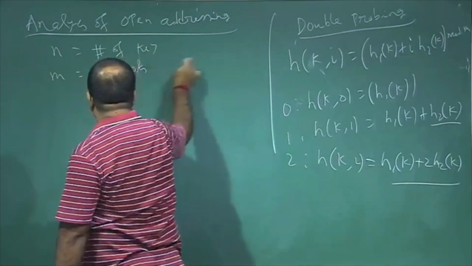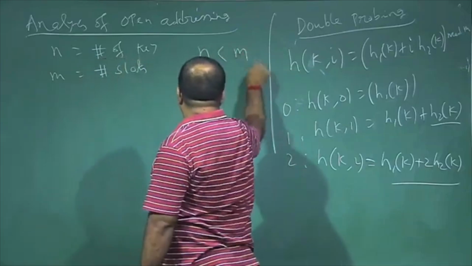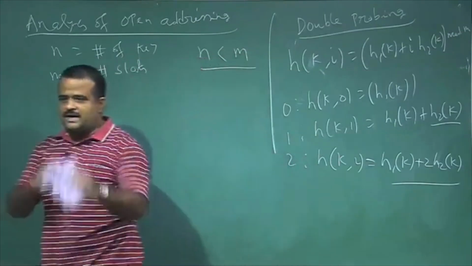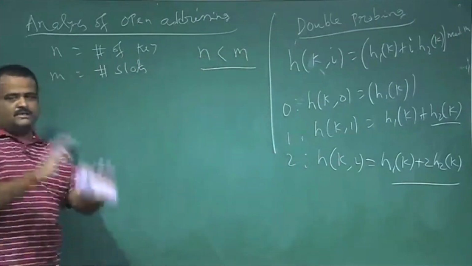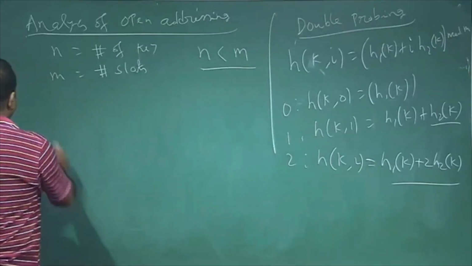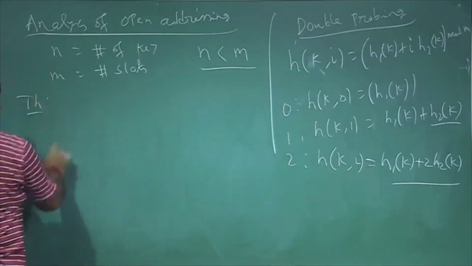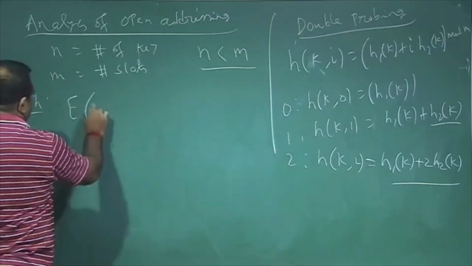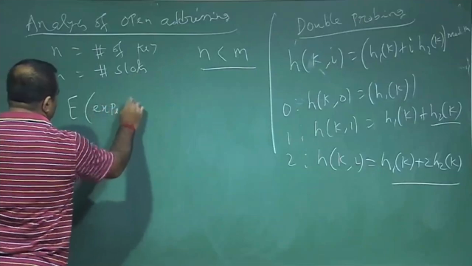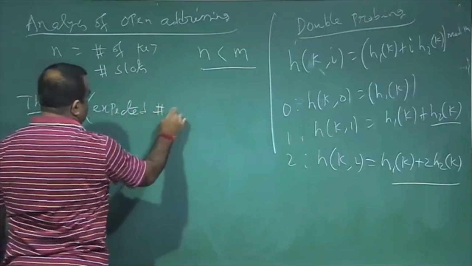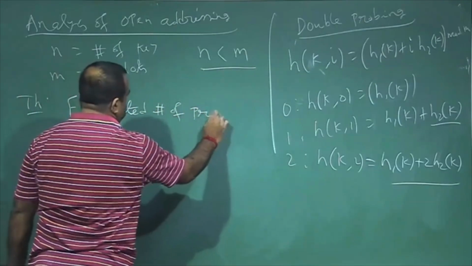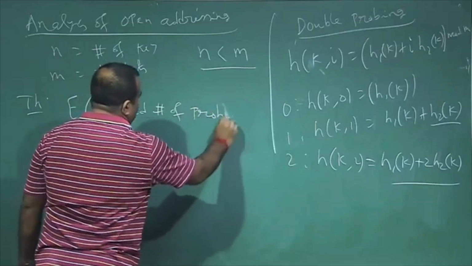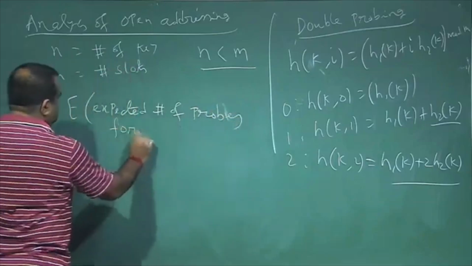For open addressing, n must be less than m, otherwise we cannot fit everything into the table, since we are not allowing any extra storage. This is a theorem telling us the expected number of probes for an unsuccessful search